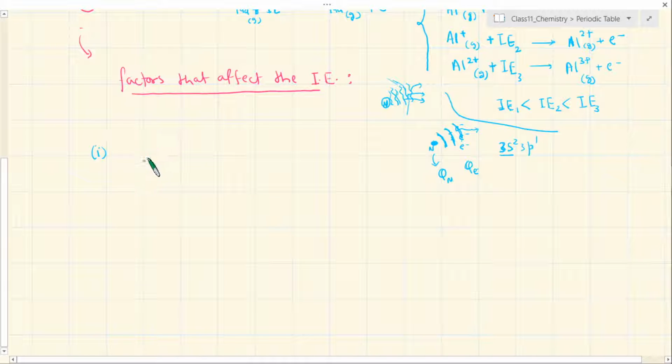You remember that I used to say that the force of attraction between the two is decided by Coulomb's law. So the charge of the nucleus, because the electron's charge is always fixed, right? If you are talking about the outermost electron in any atom, the charge of the nucleus is what varies, so ultimately the force of attraction between the nucleus of an element and the electron depends upon the nuclear charge, right? So nuclear charge is one important factor.